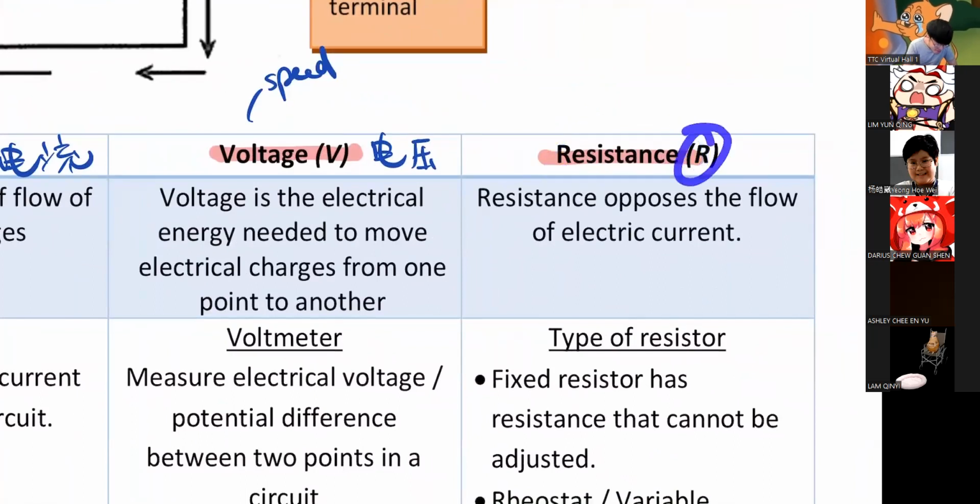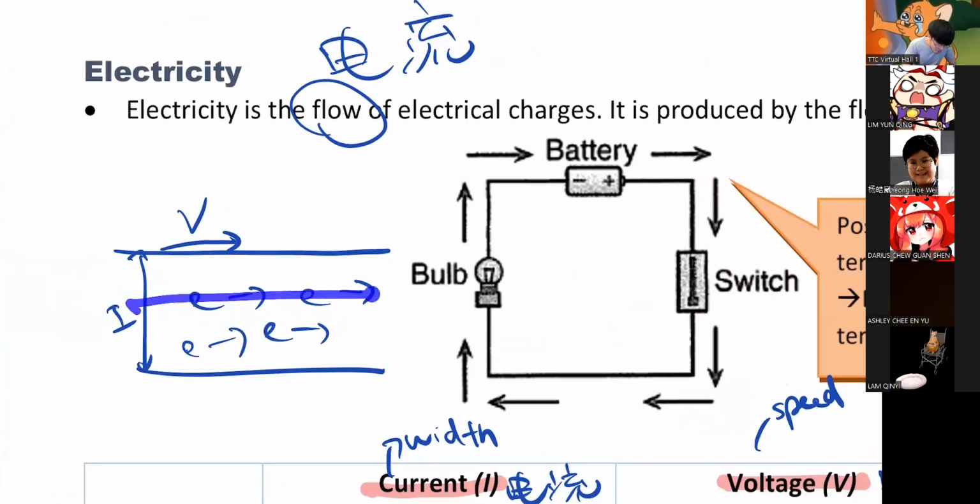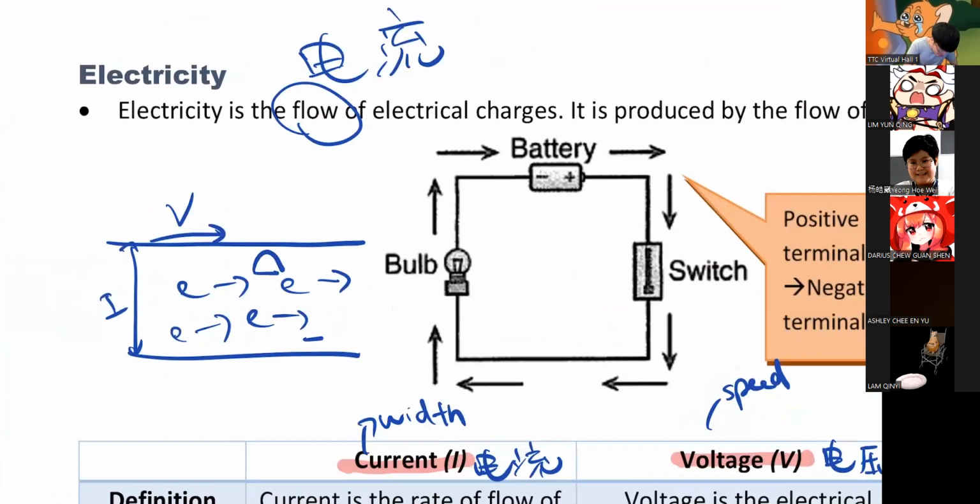And of course the last one you have resistance. This one you just use R. This is the resistance of the river. 阻力。So what is the resistance of the river? Along a river, you can't be 100% smooth, right? There will be rocks. 有石头顶住你的河流的嘛。So these rocks are fighting the river, slowing the river down. This is our resistance. 你的阻力会帮你的河流放慢。